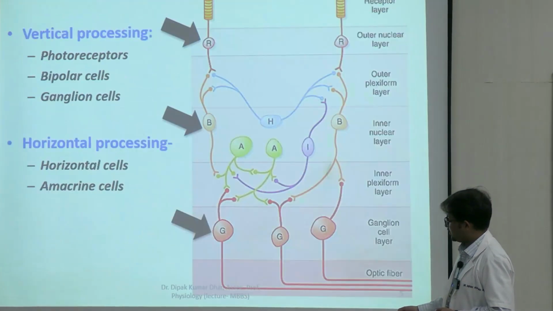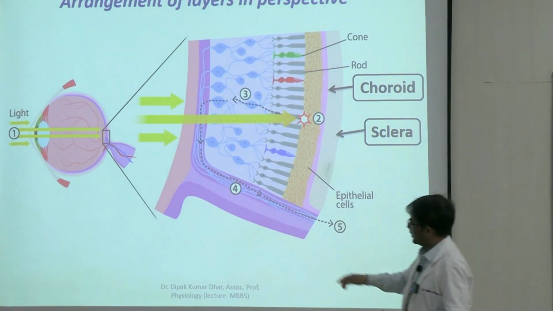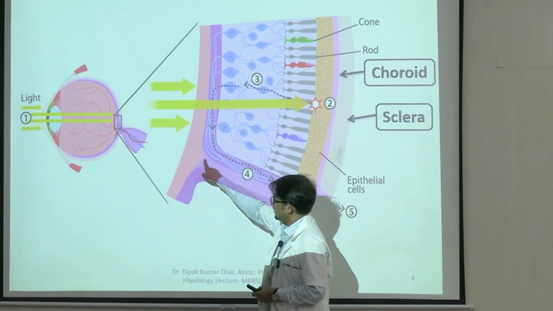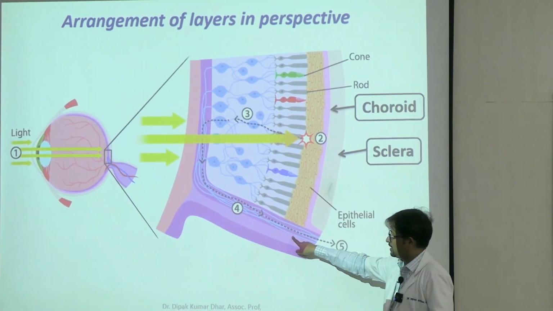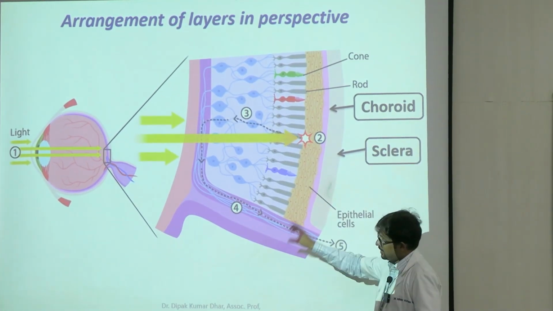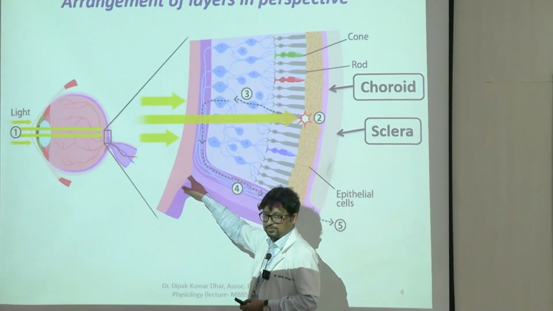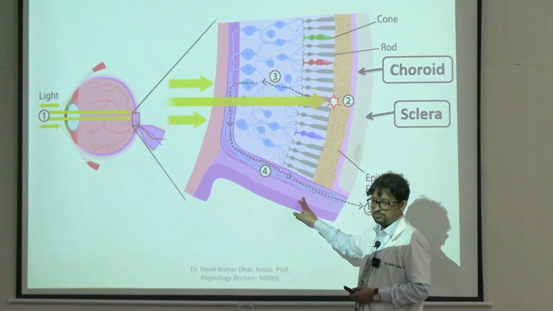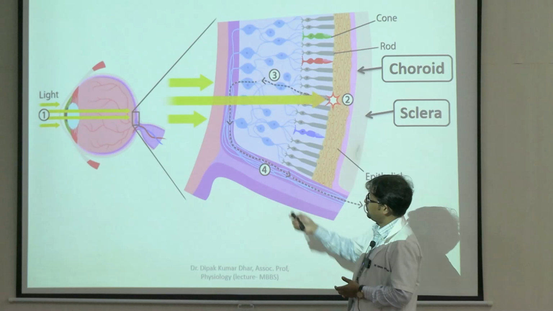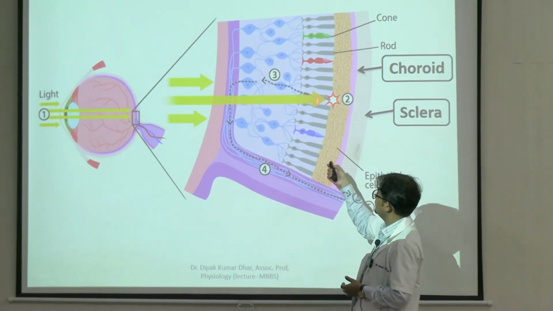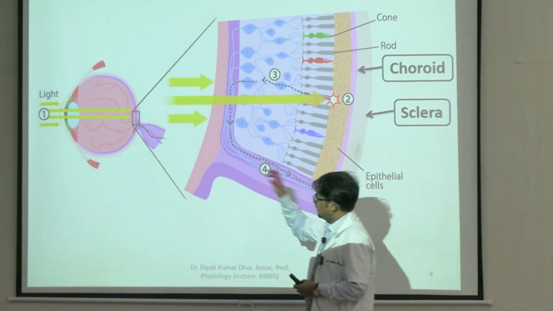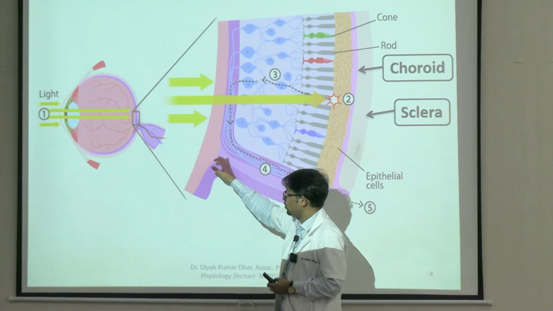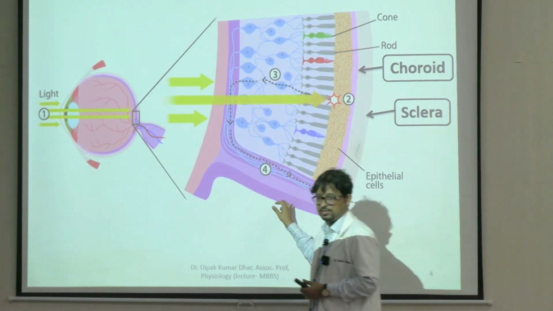I'll just take you back to this picture again. If you look carefully, this is the optic disc. Straight to the optic disc, there are no receptors here. So in the retina, this is one point. If light falls here, there is no receptor. Unlike the other places, where light will travel through all the layers and reach the receptor layer, if light falls here there will be no vision, because straight across there are no receptors.